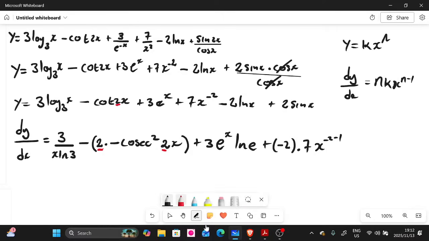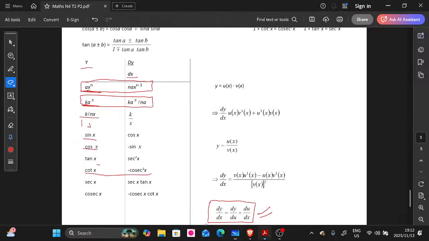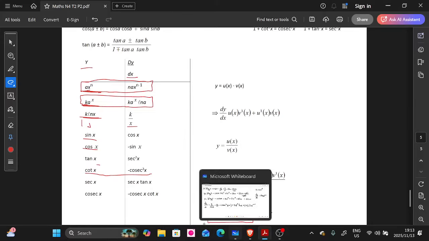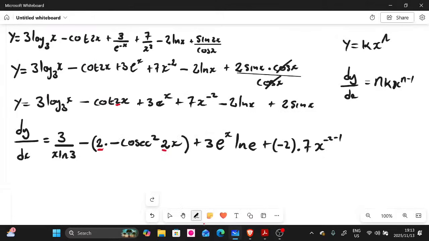Now it's time for us to do the one of ln there. Guys, this one is so simple. If you go to your formula sheet, I'm not going to do it there next to the question. It's just straightforward. We have k, the coefficient of ln x, and then when you differentiate, it's going to be k over x. Okay, so let's go back. So what is our k there? Our k is negative 2. So you have to multiply by negative 2, and then we divide by x. That's it. Simple, straightforward. You just use the formula, guys. Use the formula. Negative 2 is k over x, right?